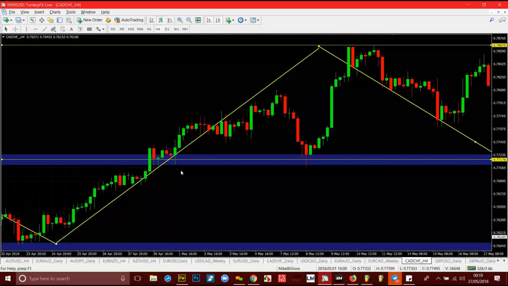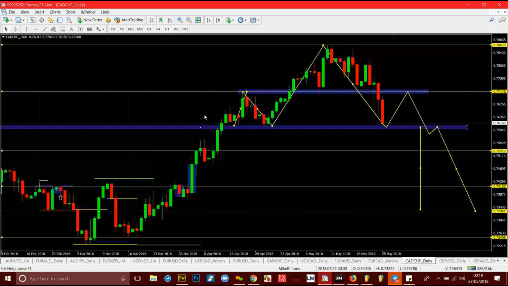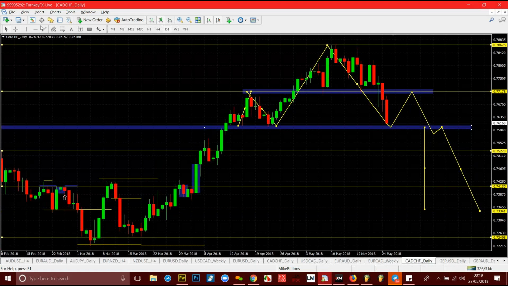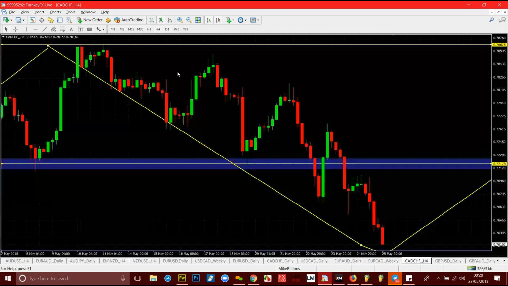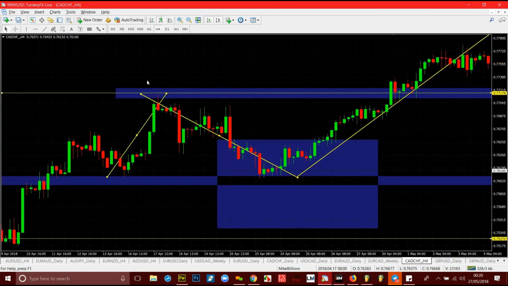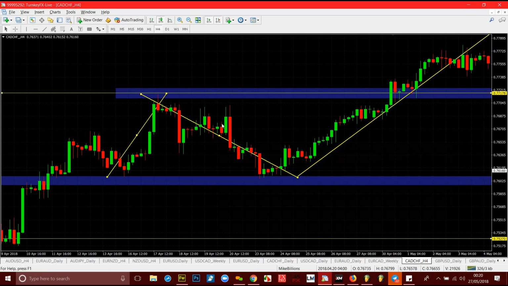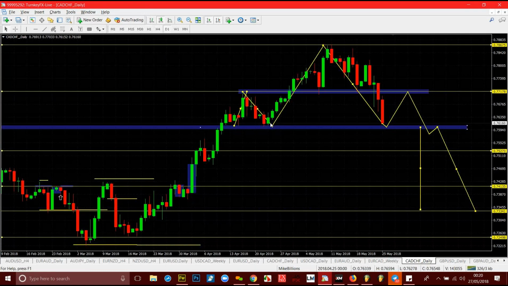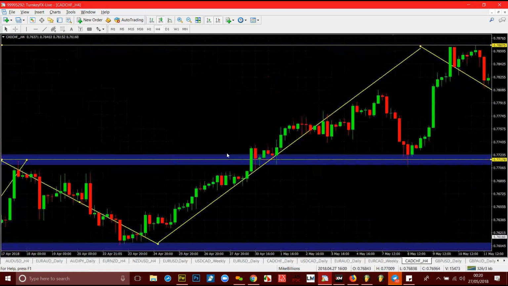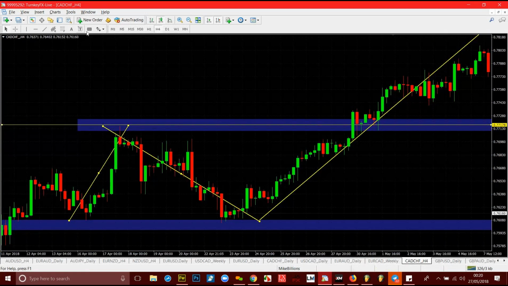Let's see if we can find something similar in the market. Let me see, at this point, let's see if I can see a simple pattern. Okay, let me just delete this. So you see, it broke out of that. Okay, it broke out of this, and then, hold on, let me find it. Okay, yeah, this is the one I'm looking for. It broke out of it, and then if you look at it closely,